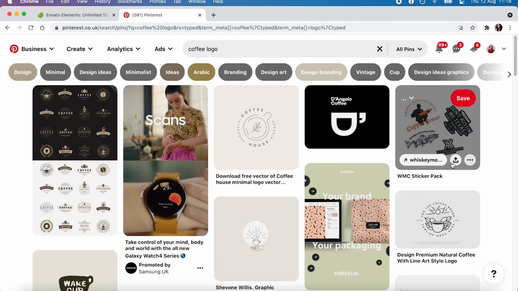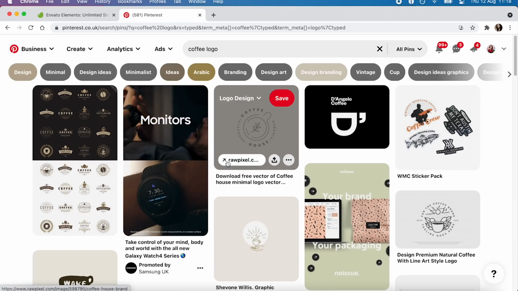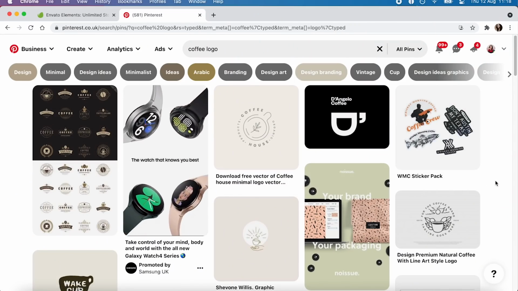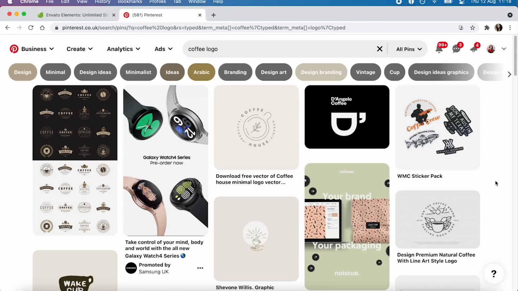So what I want to do first is head over to my favorite place, which is Pinterest, and I'm going to look into some existing coffee logos and gather a little bit of information. So I've searched coffee logo in Pinterest, and as expected, there are a lot of generic coffee style logos that have appeared. But what I'm going to do is save just anything that catches my eye